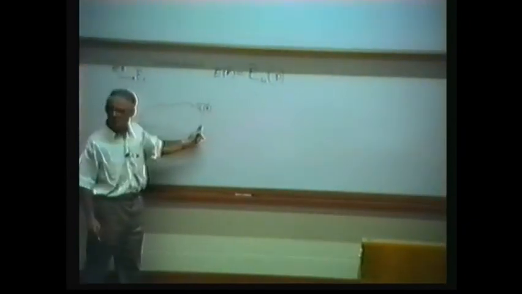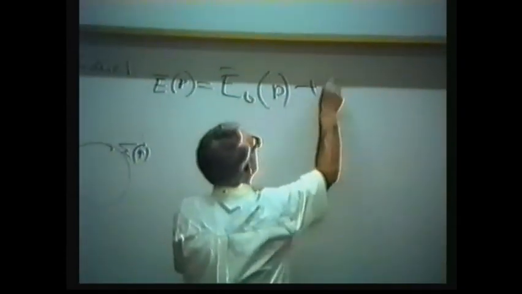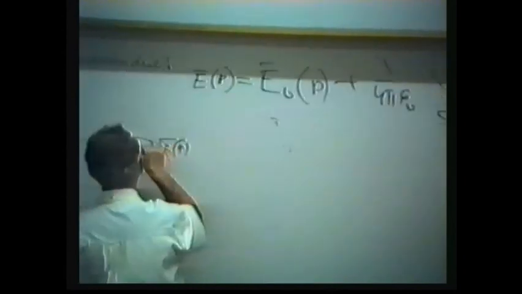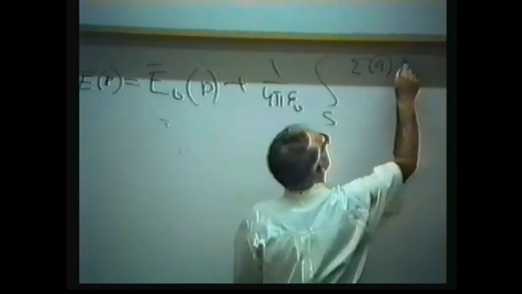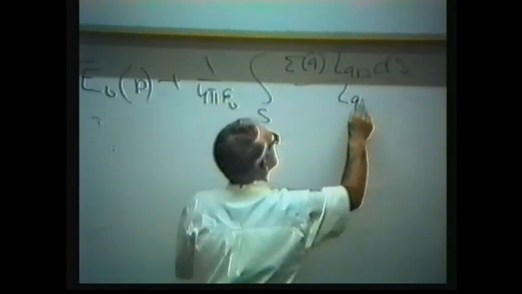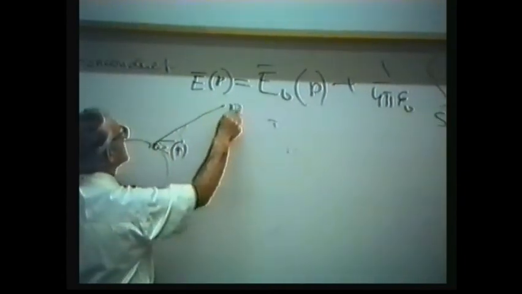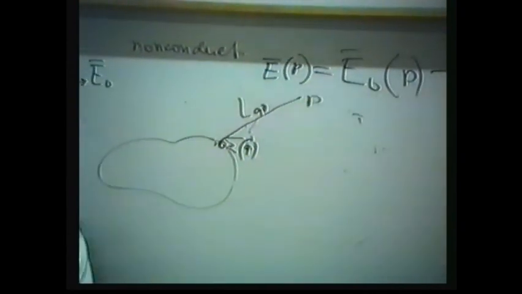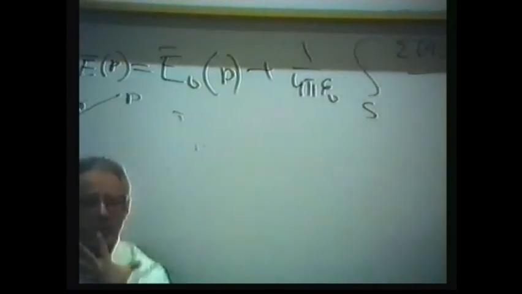Field caused by these charges, correct? So let us, according to Coulomb's law, write it's equal to 1 over 4 pi epsilon naught, surface integral of sigma(Q) over L_QP, dS. I use only Coulomb's law. That's point Q, another point Q, that's point P. So use Coulomb's law for elementary charge, perform summation, and if you can use this equation, you solve the forward